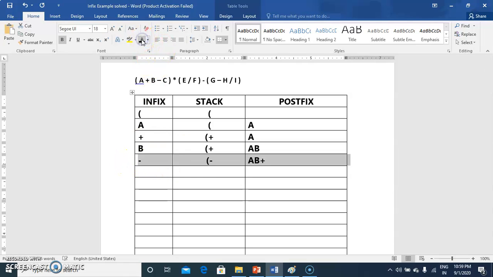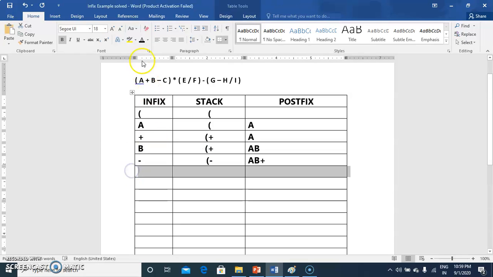After B, minus sign is coming. Compare incoming operator minus with the stack top plus sign. Equal preference is there. Hence you pop the stack top to the postfix expression and push the incoming operator on the stack. Hence plus sign will be popped and minus sign is pushed on the stack.